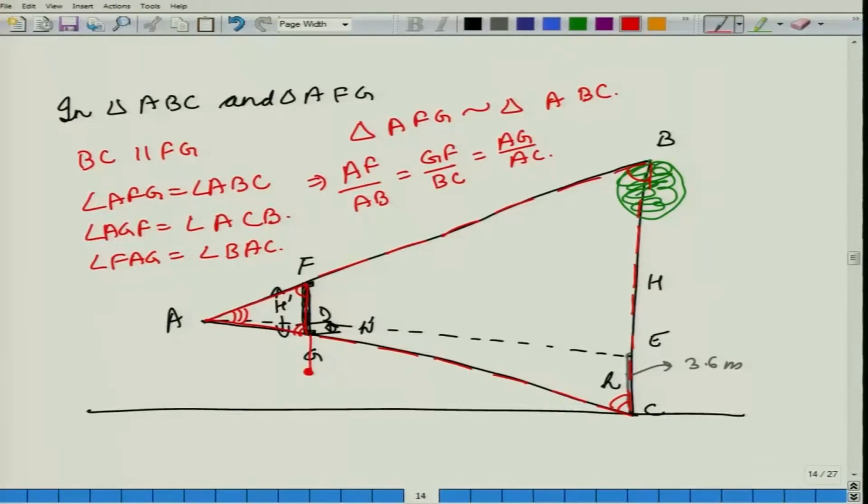Now, GF, this length is the length of the hypsometer or H prime, BC is the height of the tree or H. So, this is equal to H prime upon H. Now, similarly, we can say that in this triangle